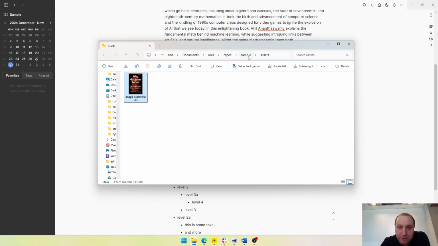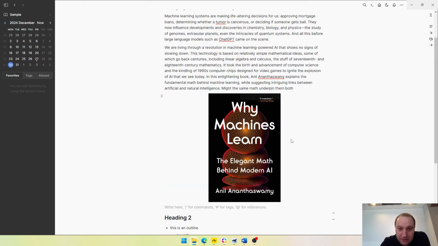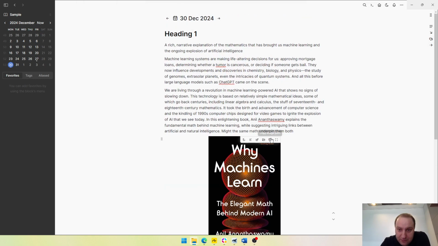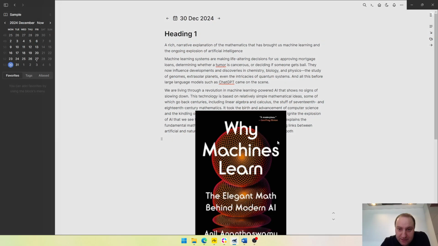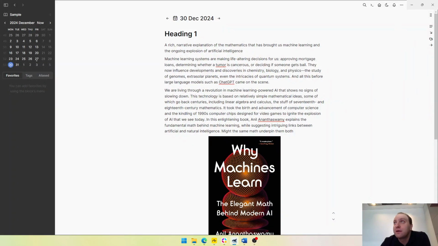So it goes into repos, sample, and assets. So I guess all of the images and assets just get dumped in here. And what else was there? Copy image path and maximize, which goes into the full image. And just out of interest, what happens